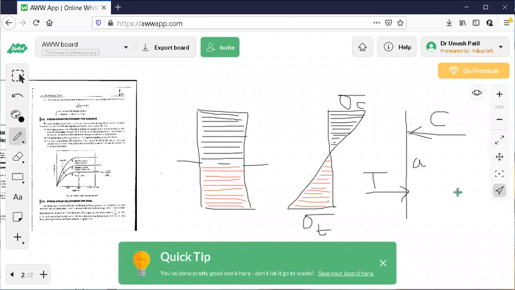Now, what I have done is convert this stress diagram into a simple diagram, which you can say is a couple. Two equal and opposite forces acting on a body separated by a finite distance is called a couple. Now observe here. What is this capital C, and what is capital T? If you understand, I can go to the first part of the RCC, the assumptions.